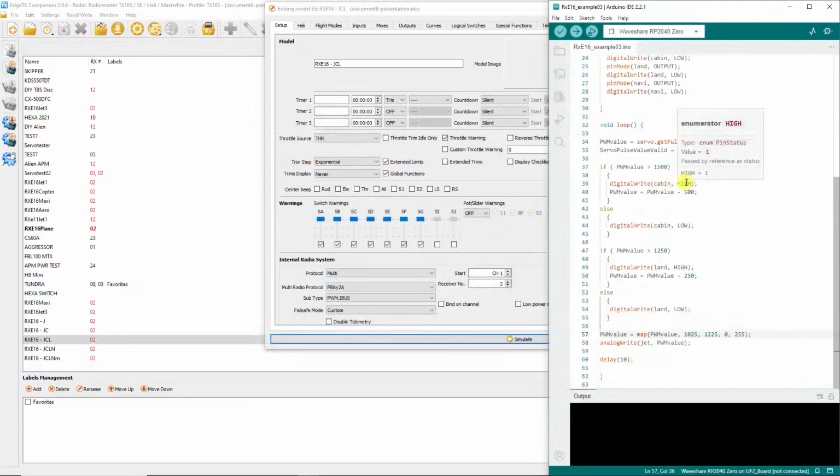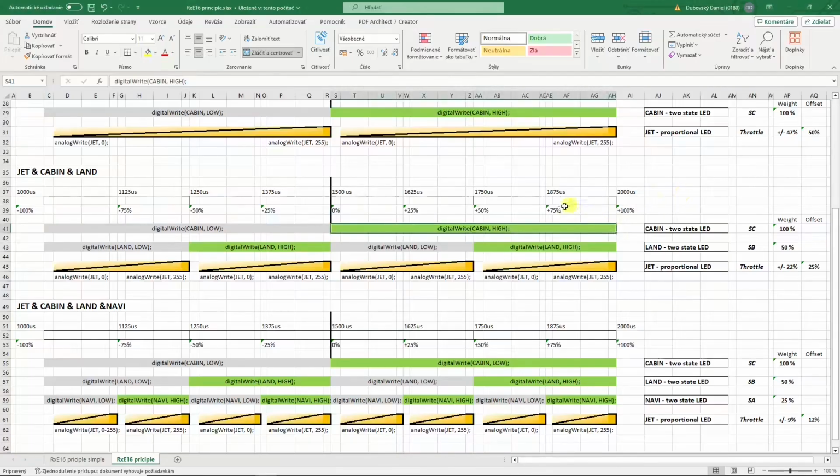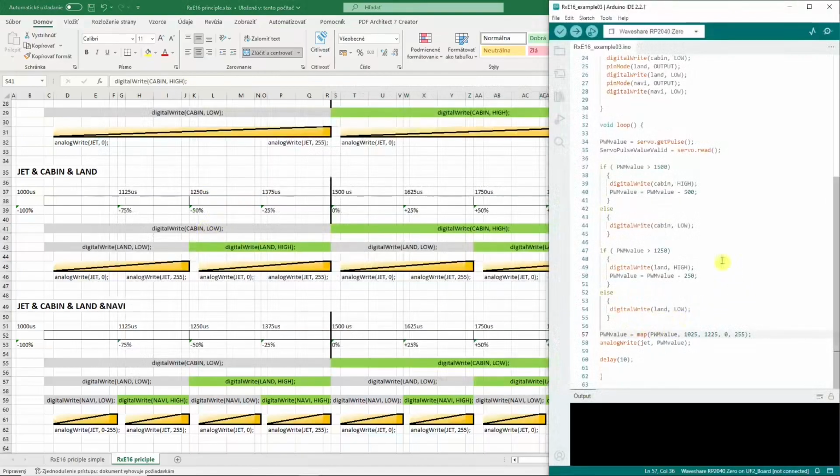So if it is higher, we will digital write cabin high and we will decrease the input value, we will subtract 500 microseconds. Okay, so we will go from here to here, from this range to this range, minus 500 microseconds. And now, so we subtracted 500 microseconds, and now if the input value is higher than